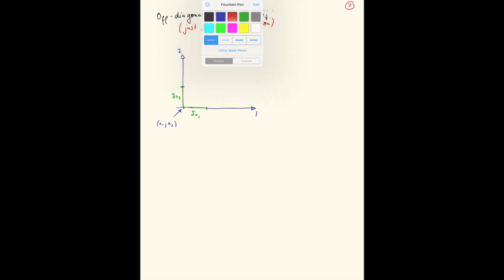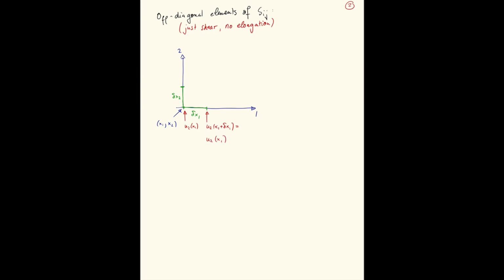And so the only flow that we'll consider is here this delta x1 element is advected by u2 at x1 and u2 at x1 plus delta x1 at the other end, which by Taylor expansion we can just write as u2 x1 plus delta x1